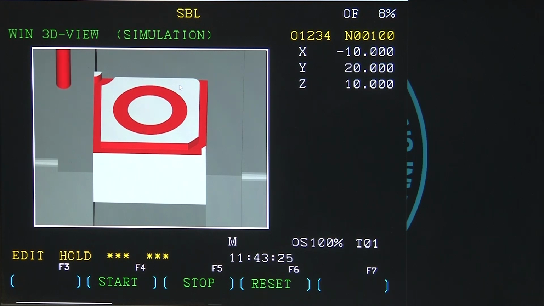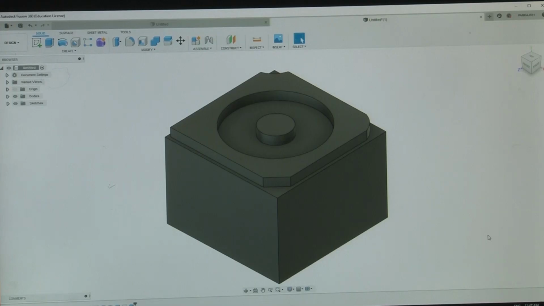So, you can be ensured that the program is right, and if the program is put in the machine, the tool will actually move the same way as in the simulation. Now, just an example: the same program that you have just seen for making the part in CNC milling, the same thing can be made by a program.